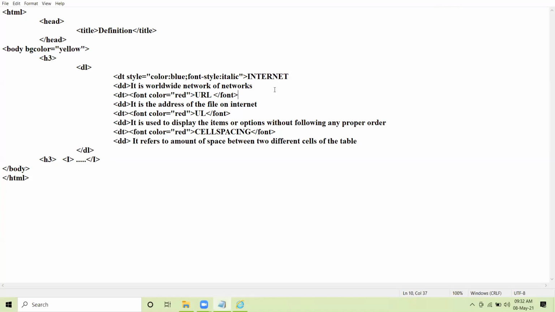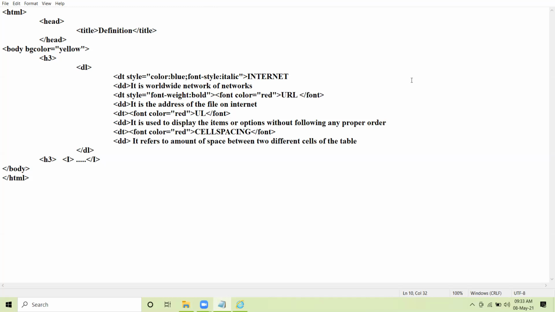Now let us do the third property of CSS. Suppose you want your text to appear in bold form. For that, you can use the property style equal to font-weight colon bold.